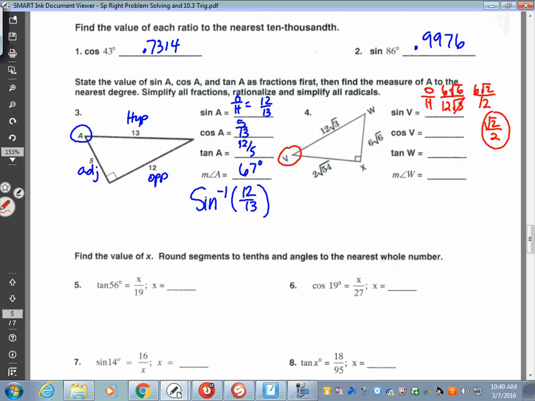2 root 54 over 12 root 3. It's adjacent over hypotenuse. You do the same thing. Can 3 go into 54? Yes. So cancel out the 3 again, because 3 goes into 54. Okay, so square root of 18 over